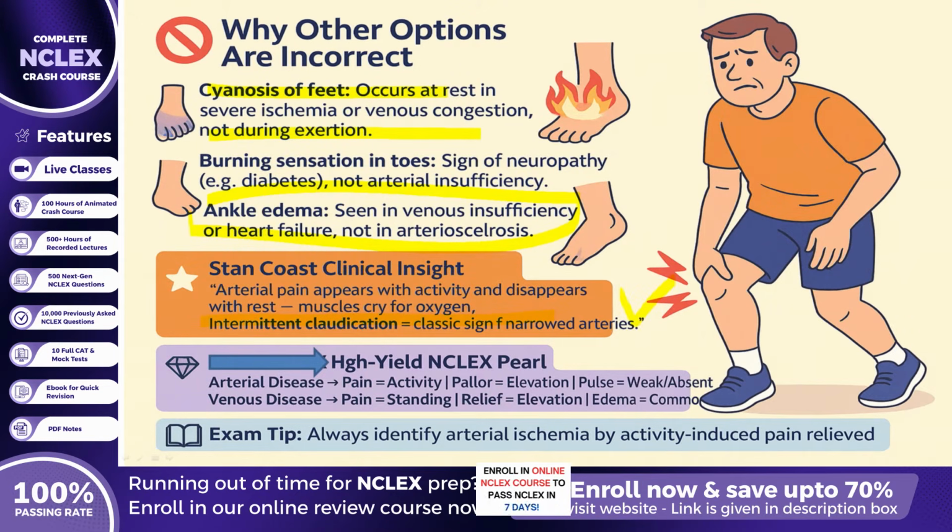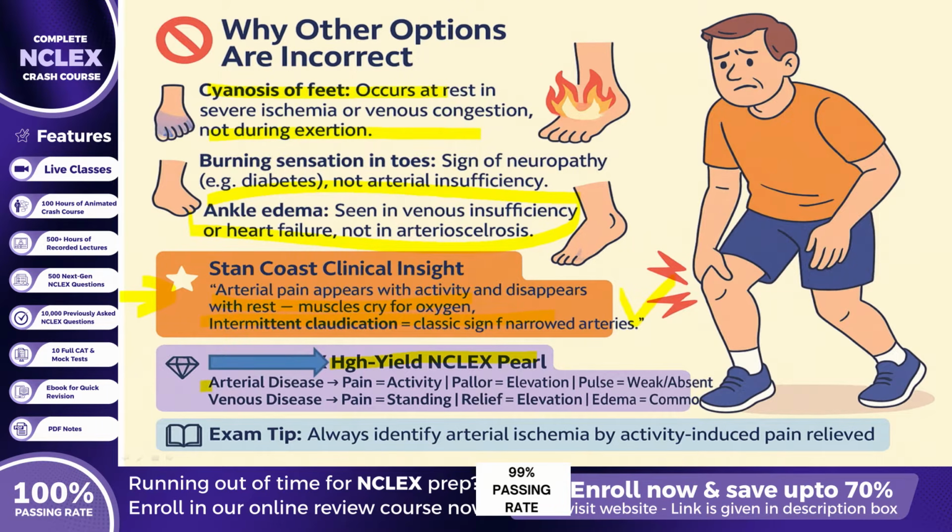Transitioning into a deeper insight with the Stan-Coast clinical insight. Arterial pain appears with activity and disappears with rest. Think of it as muscles crying out for oxygen. Intermittent claudication is the textbook signal that arteries are narrowing and tissues are starving for blood supply. Moving next to the Stan-Coast high-yield